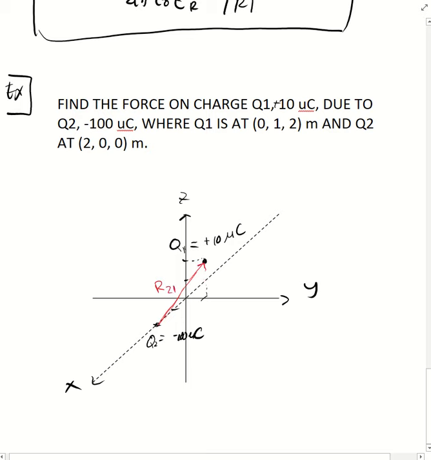So let's call it R21, from 2 to 1, vector from point 2 to point 1. Then we have the position vectors, the small r's. Remember the small r's. We have here the position vector, we can call this one R2 because that's point 2, and the other one R1. So if you want to solve for vector R21,